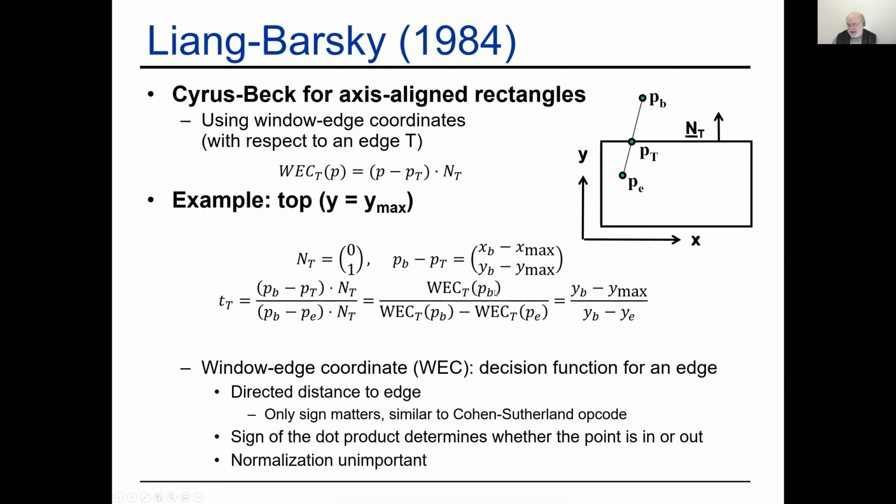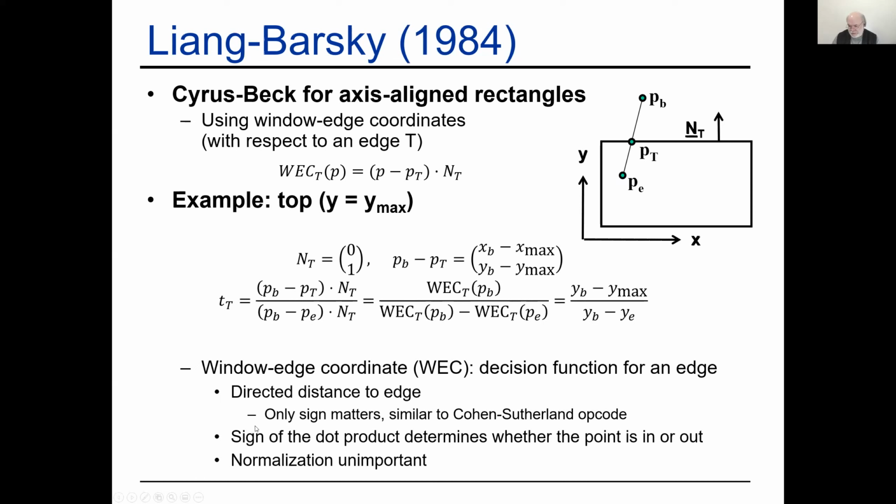So you can say this is the relative location of the point PB relative to the entire edge here. And that gives you the position of the intersection point. And of course, in this case, this simplifies to what we would have done in the previous case. But the point that I'm making here is that these window edge coordinates, these distance coordinates from the edge, are an important point. We will come back to that